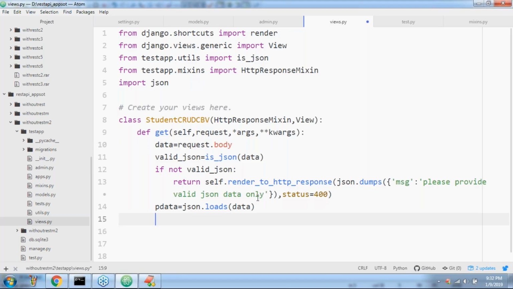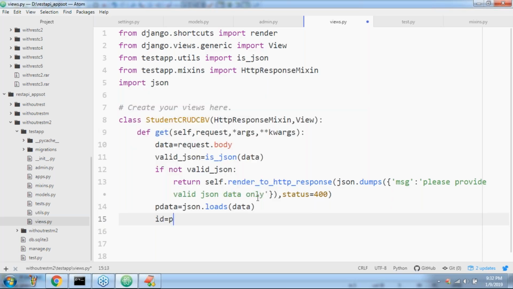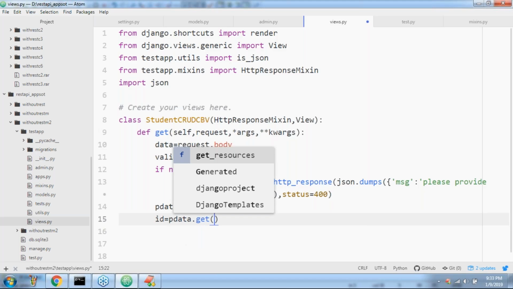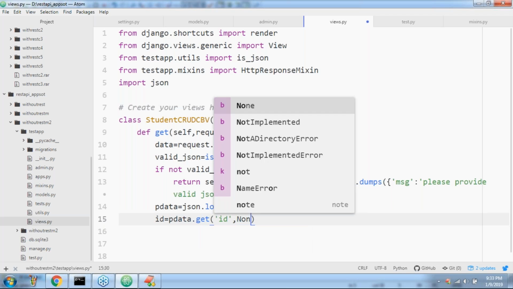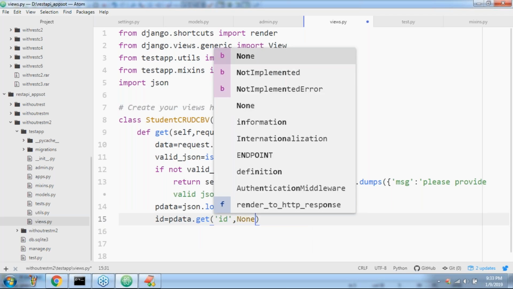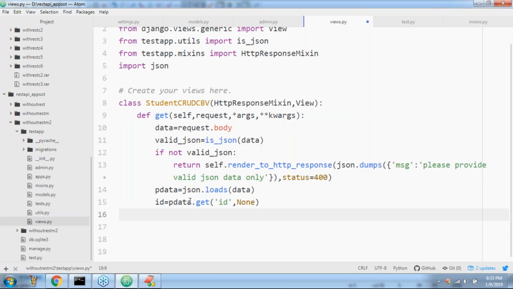Now let me get id equal to python_data.get('id'). If id is not available, take None. Remember this. So now I converted that JSON data into Python data, and now I will check whether the Python data contains id or not.